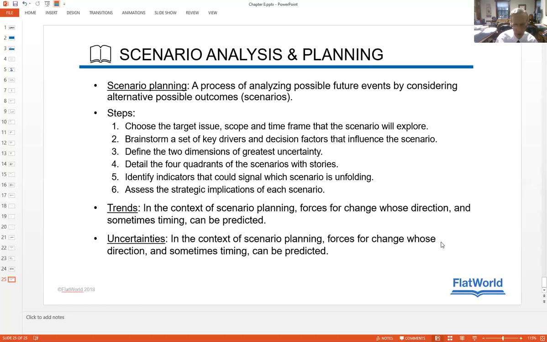As we go through this analysis, we'll find some variables that behave in a more predictable way because they represent trends that we can anticipate. Maybe not with perfect accuracy, but we can forecast